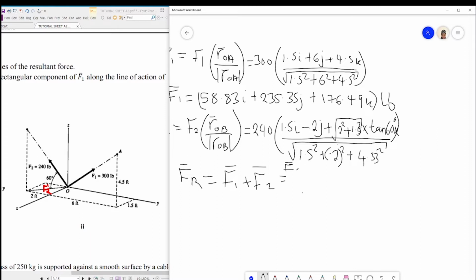So F2 will be equal to 72.0i minus 96.0j and then plus 384.33k. So the resultant will be just equal to those. When you add them, you get